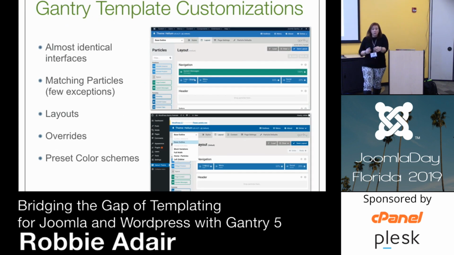Okay, so this is a screenshot here of the layout in Joomla. This is the back end of the template, right? So this is where I go and I can customize my Gantry template. This is it in Joomla up here. This is it in WordPress. They're almost identical. You still have your WordPress bar on the left, right? But it's almost identical. So the cool thing here is there's not a new learning curve between these two. I can work in a WordPress theme, or I can work in Joomla templates, and I'm going to get the same look and feel. So it makes it very easy for me.